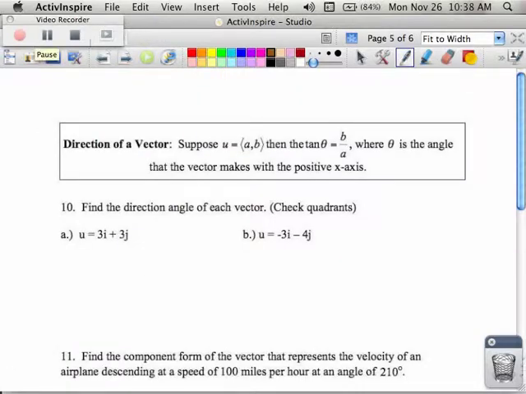In example number 10, we're going to find the angle of the vector. So you need to know that in your component form, when you see it,